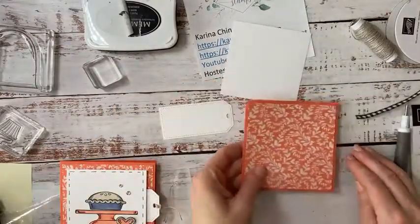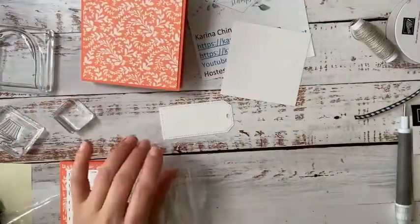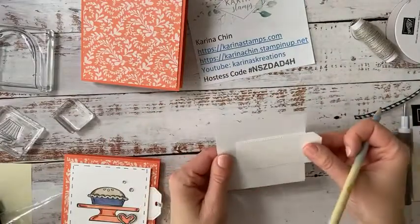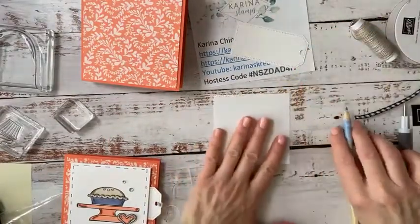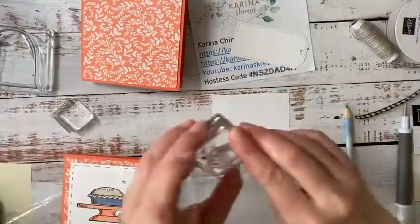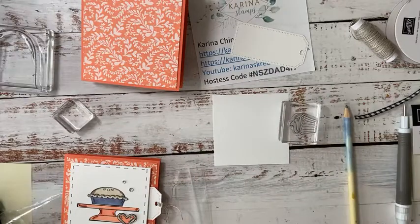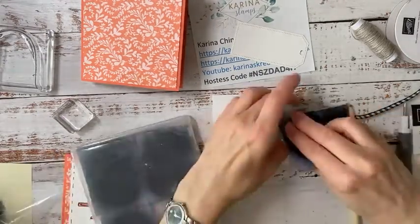Okay, so this is done. We're just going to set this card base aside. This is Calypso Coral, in case you're wondering what colors I used. And then what I'm going to do here is this is my kind of apple pie piece. So we need the apple pie. So let's take off the cupcake. And I'm just going to clean it with my